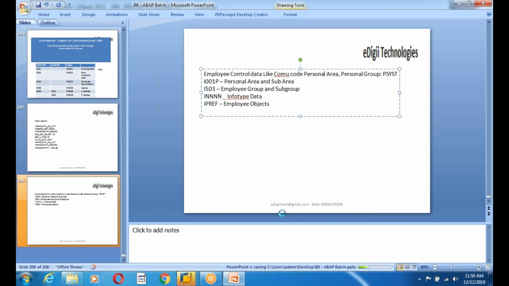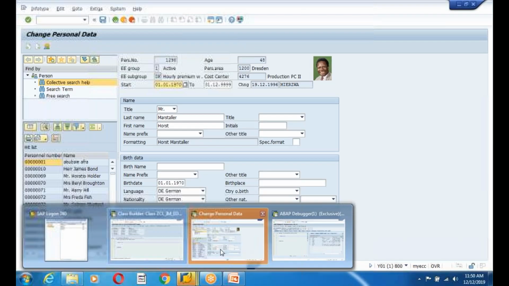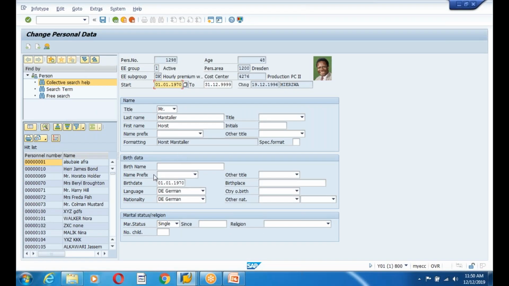objects, control. So my requirement may be, before coming into the screen, I need to default some values. How can I do that? Maybe that's it. That is my requirement. So here,